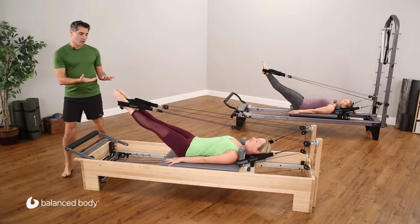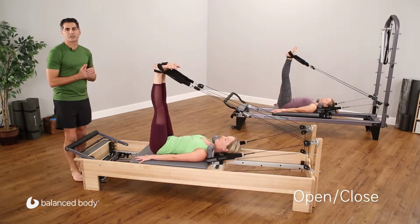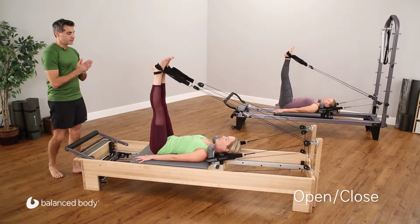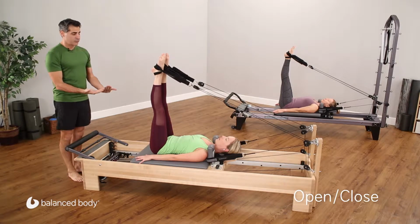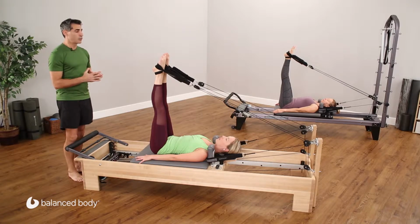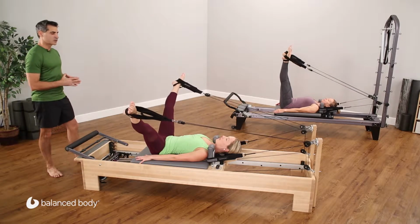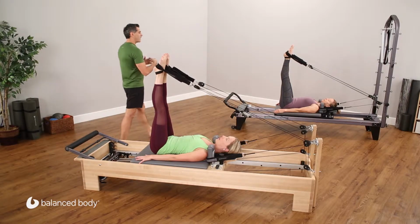So let's start with the version of going up, and we're going to do open, close. From here, if the clients can do the 90 degrees, when they do this exercise, again, the carriage is not going to move. So we're going to do just open, both legs together at the same time, and close. And open,